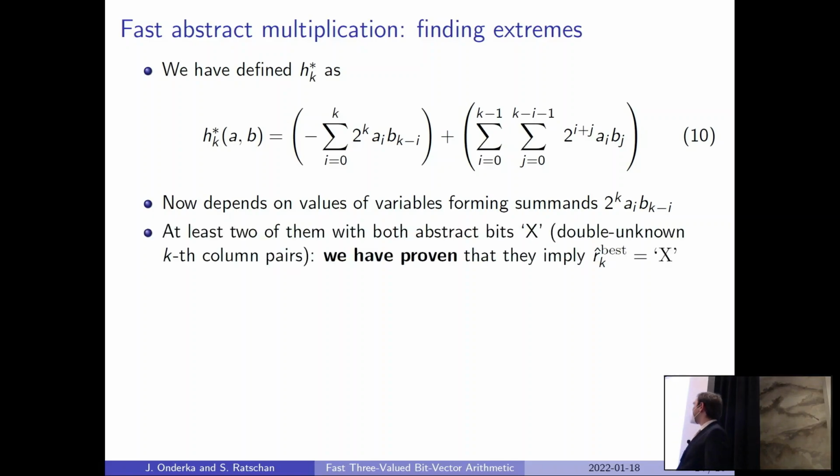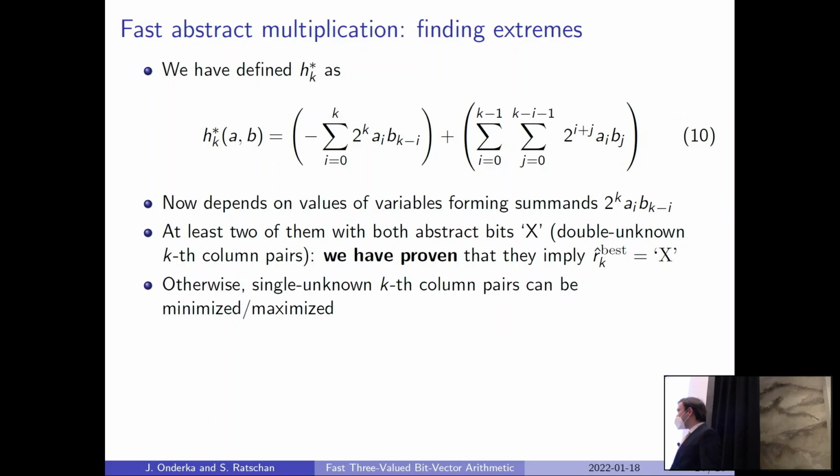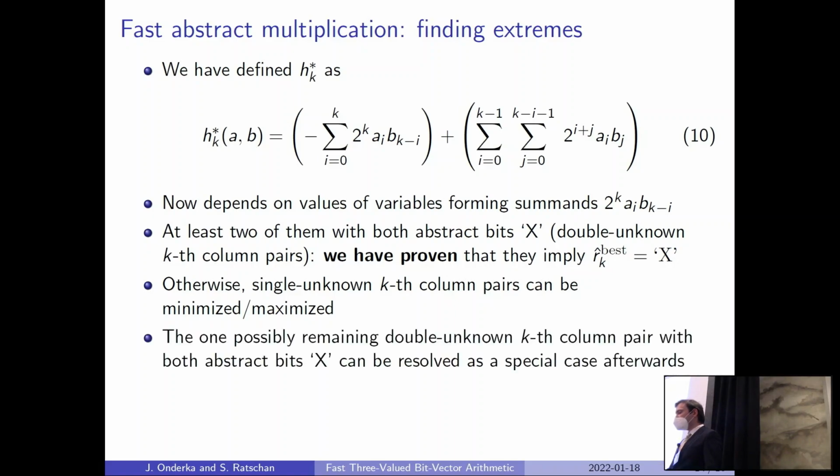So what we had to do was to prove that if at least 2 of these summand pairs that have both abstract bits x exist, then this immediately implies that the output of the kth bit is x. Otherwise, we can continue quite normally. We can minimize or maximize the single unknown k-column pairs and treat the possibly remaining double unknown kth column pair as a special case after